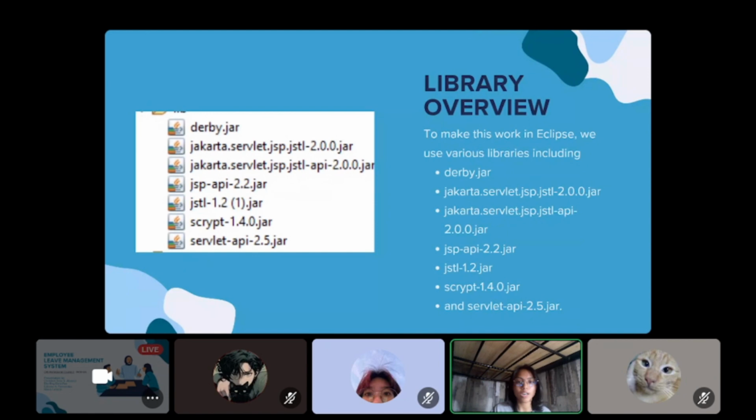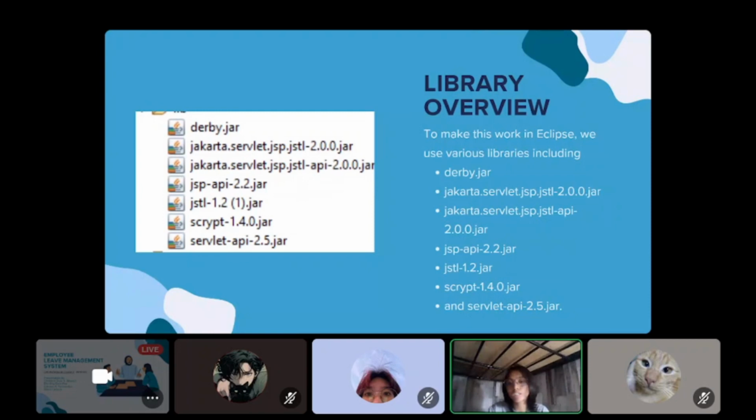In this part of the presentation, we will explore the jar files that empower our Eclipse-based project. First, the Derby. To integrate Apache Derby, a lightweight embeddable relational database into Java application.